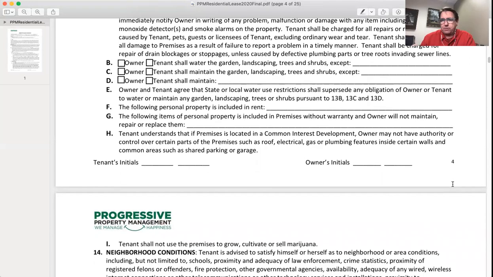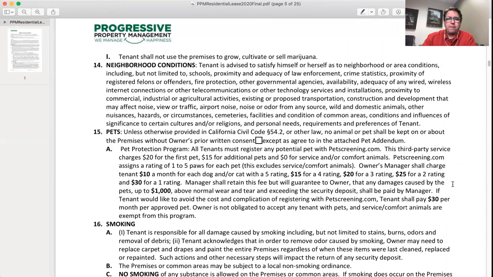Personal property, if it's included, will be there. That would be like a storage shed or a fountain, something of that sort. Section G is important. Typically if we leave a refrigerator with a property, or a washer and dryer, we leave that without warranty. What that means is if the washing machine breaks, we're not going to replace it or fix it. You can throw it out if you want to. We're leaving it there as a convenience to you, but we're not going to warranty them. Sometimes we do. A built-in refrigerator would be left with a warranty, meaning that if it were to break, we would fix it. But you need to pay attention to Section G there.